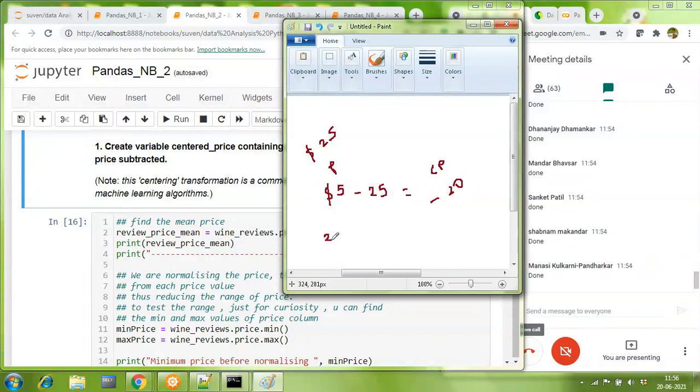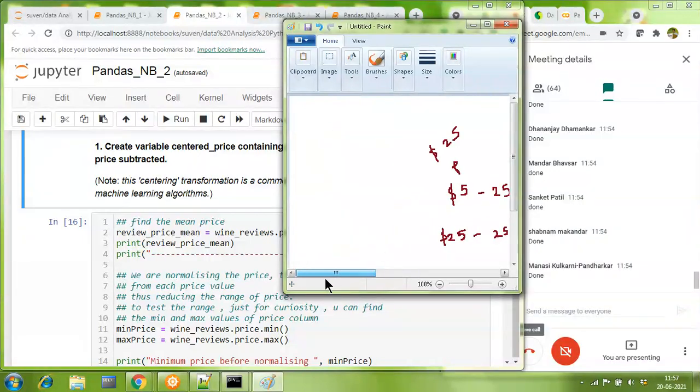Obviously, a wine which is costing exactly $25, when you subtract 25 from it, its centered price will be 0. That is the reason the word centered comes in, because you have a kind of a 0 point.